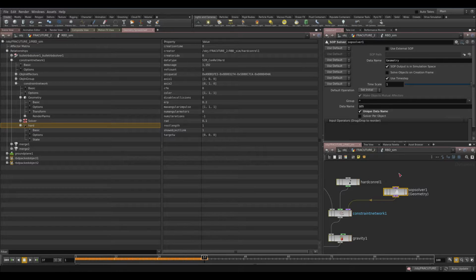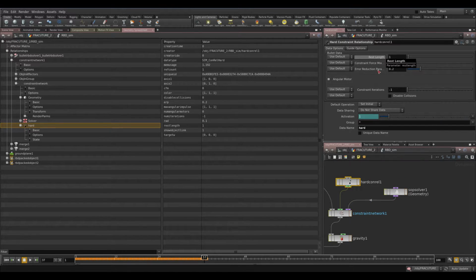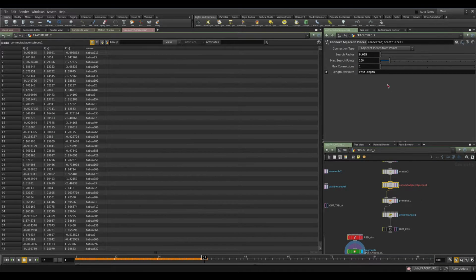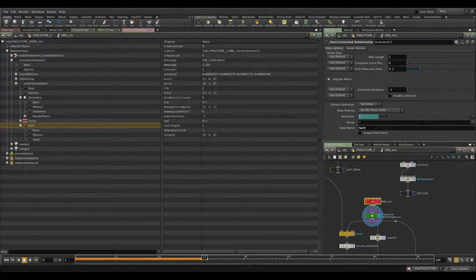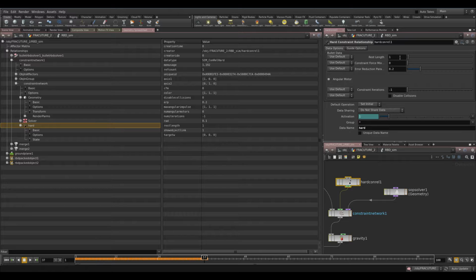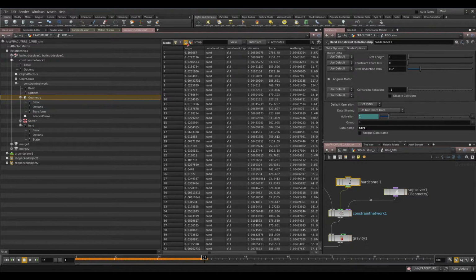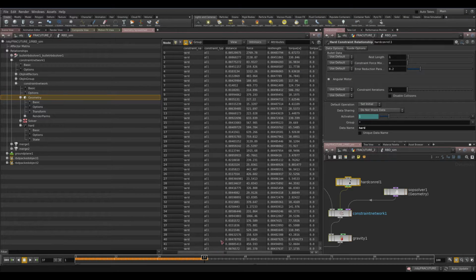This is because also the rest length, as you can see, it's 1, but we created this attribute here. Make sure if it is 1, it would collapse because it's 1 meter, the constraint. I'm trying to find, alright, it's here. On bullet, constraint network, relationship constraint, our constraint and geometry primitive. As you can see, we have torque here, and